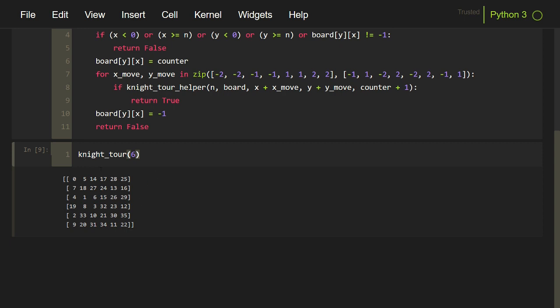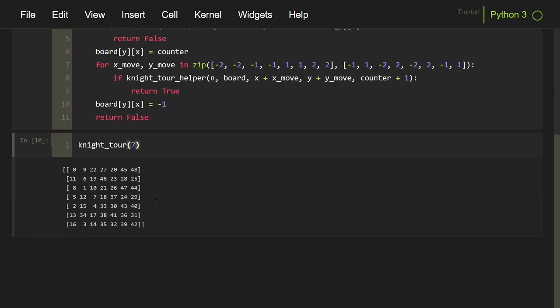As compared to knight's tour 5, knight's tour 6 has taken some time, because as we increase the chessboard size, it has to test more possibilities. For knight's tour 6 also there is a solution. Knight's tour 7 will take some time and then print the solution. So for 7 also a solution exists.